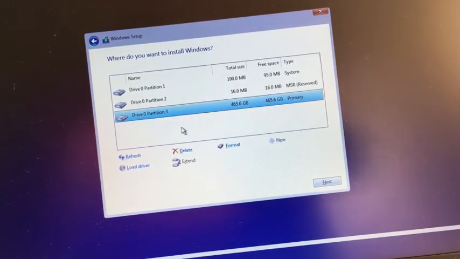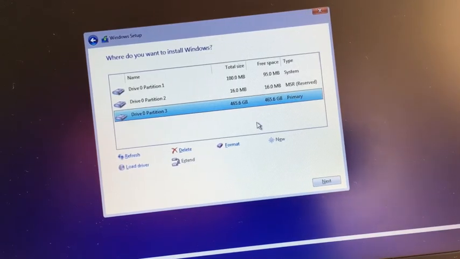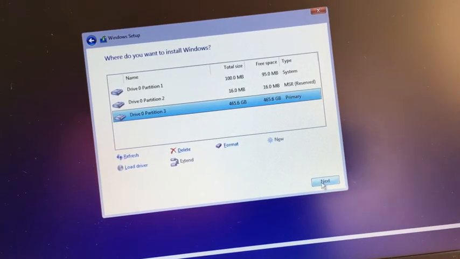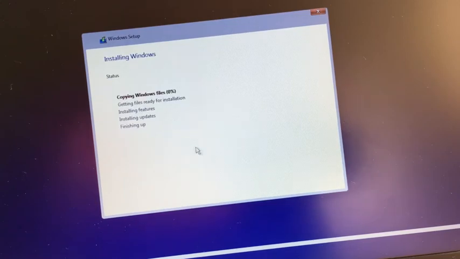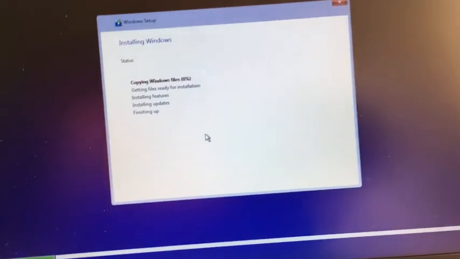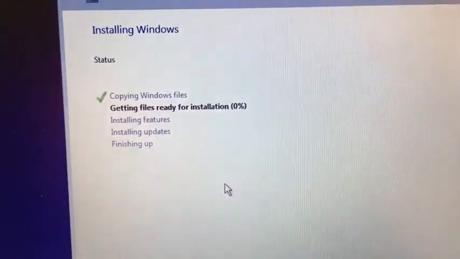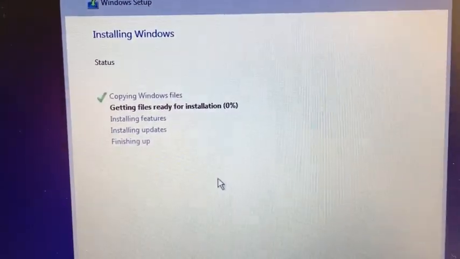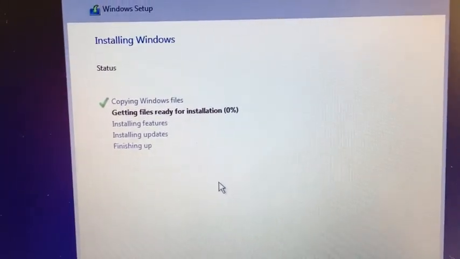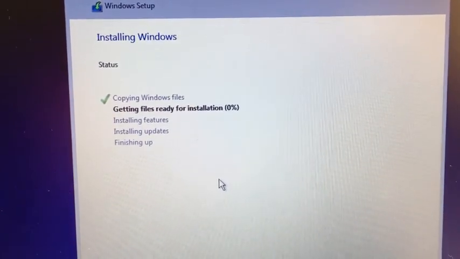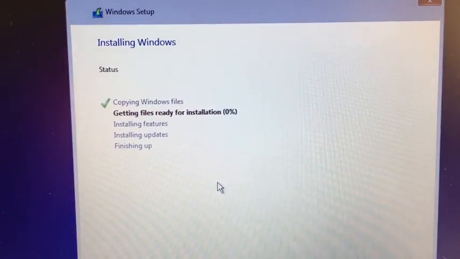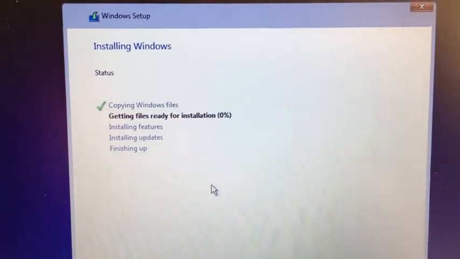Okay, then leave it as it is and then select next. Now it is copying the Windows 10 files. So installation is now started, so it has copied, then it is getting files ready for the installation, and then it will install the features, updates and finish the setup.